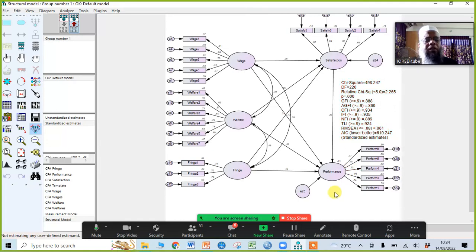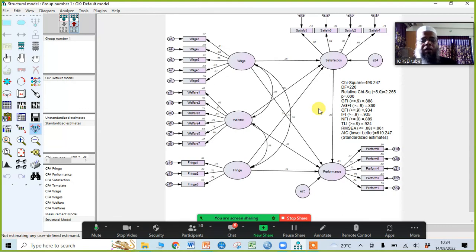We don't have any issue in the fit indexes. We have deleted some items in the CFA, so here you will not find any factor loading issues or AVE or multicollinearity issues, which we have handled in our previous steps. So here we will observe whether the result of our proposed hypothesis is significant or not.